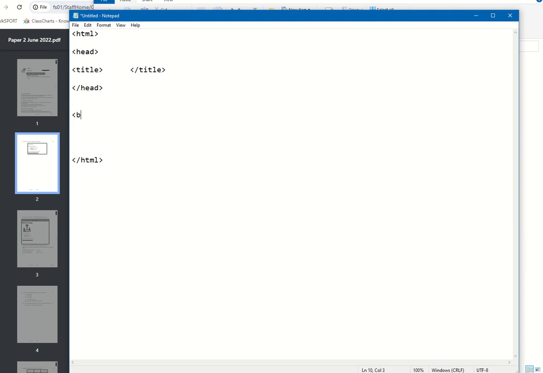I'm already picking up marks here. For opening the tags, no marks. Accompany it with a close tag. There we are, there's the mark. The main content of the page is going to go in this area here, but in my title at the top